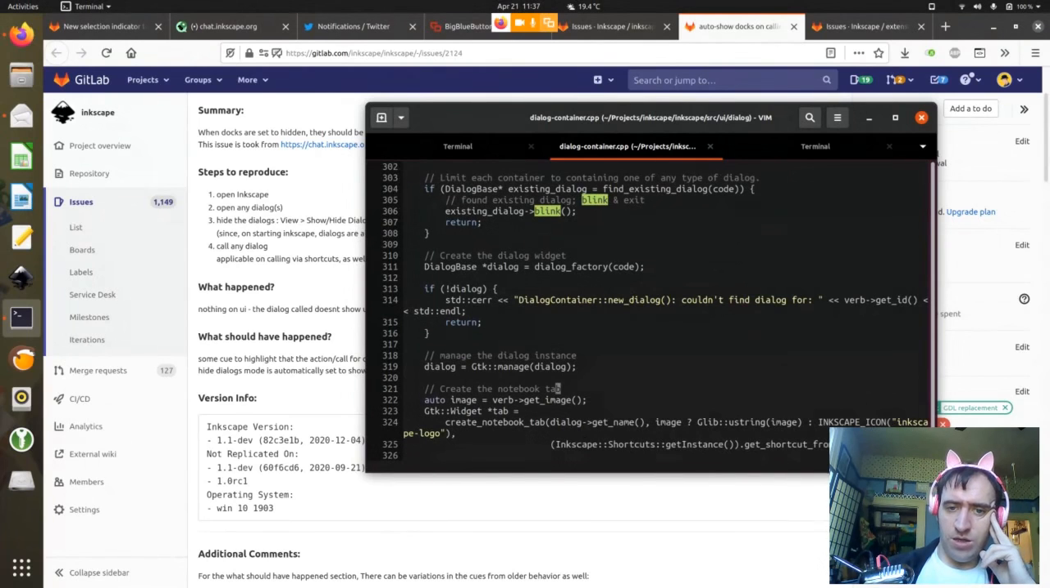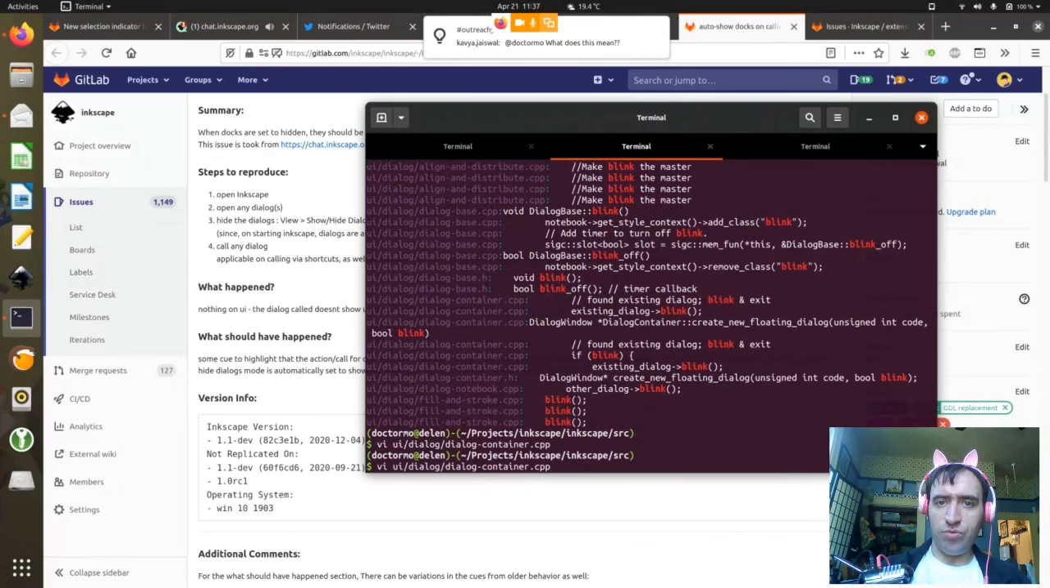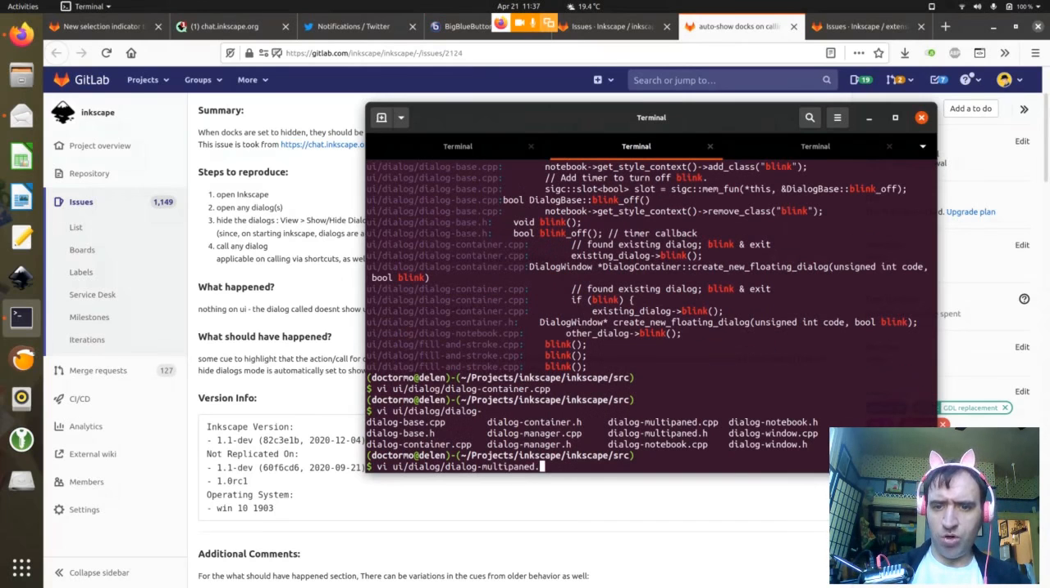And then yeah, so the thing is that we have a situation where we need to unhide these things, but the variable that we need to change actually isn't available here. It's a private in a different section of code, and that means we have to reconfigure slightly how this relationship works between dialog container and dialog. What was it? Dialog multipaint. That's it. So multipaint is where our problem is,